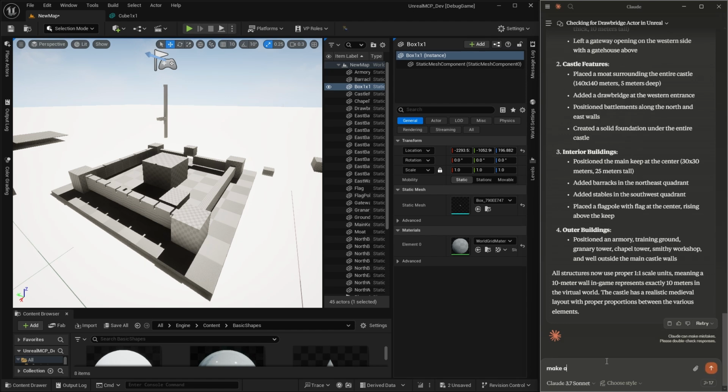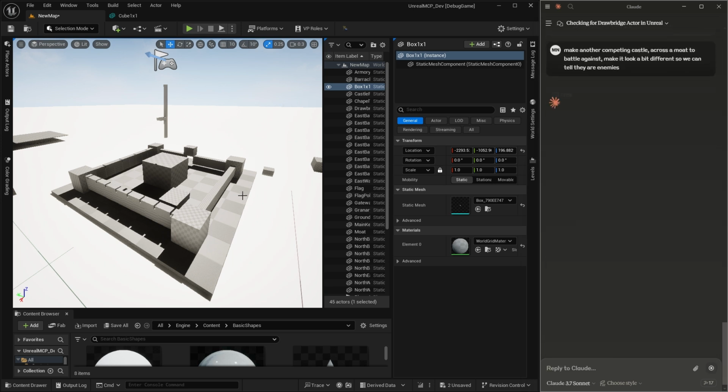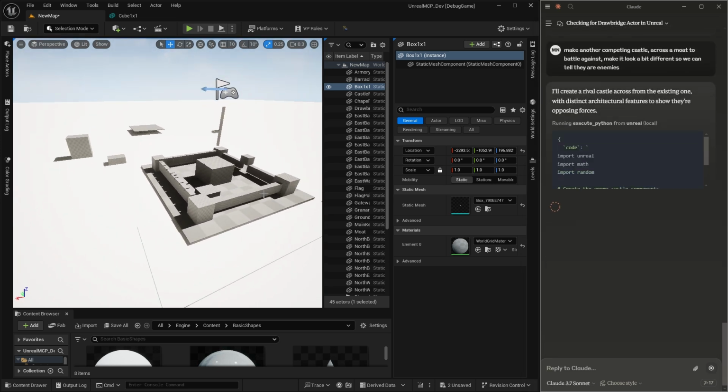So, how about make another competing castle across a moat to battle against. Make it look a bit different so we can tell they are enemies. So I'm just going to let this run while this is going.